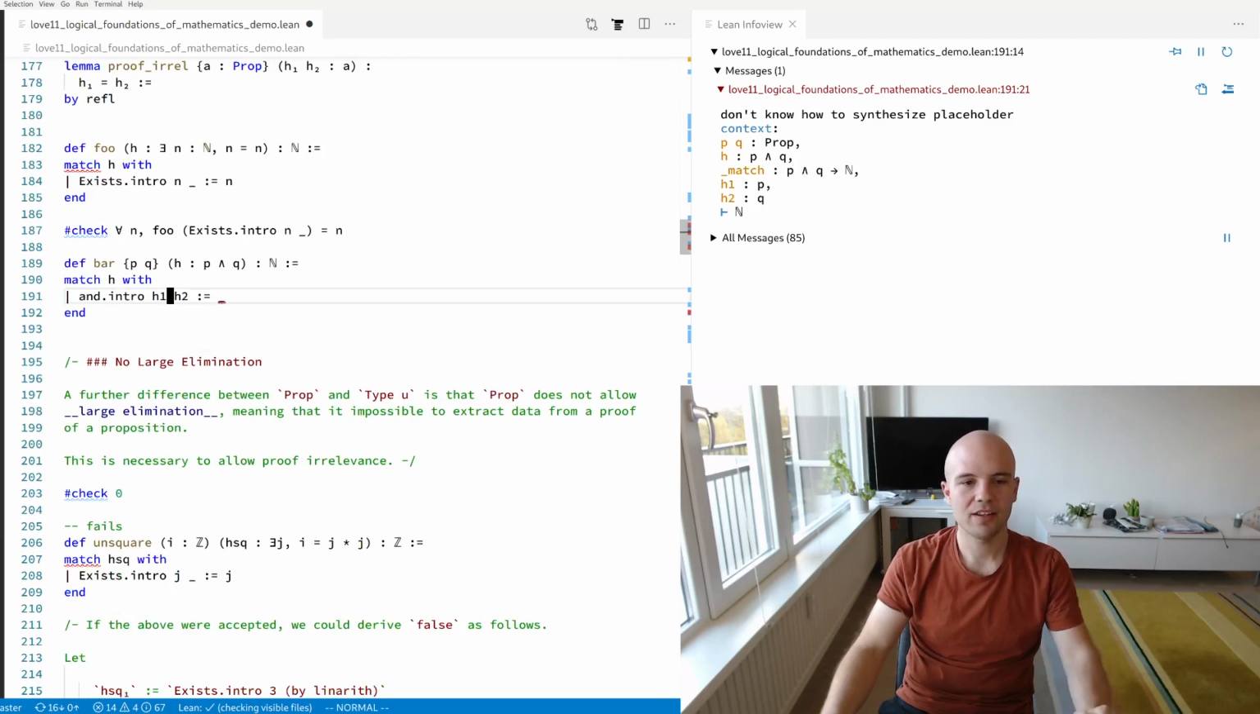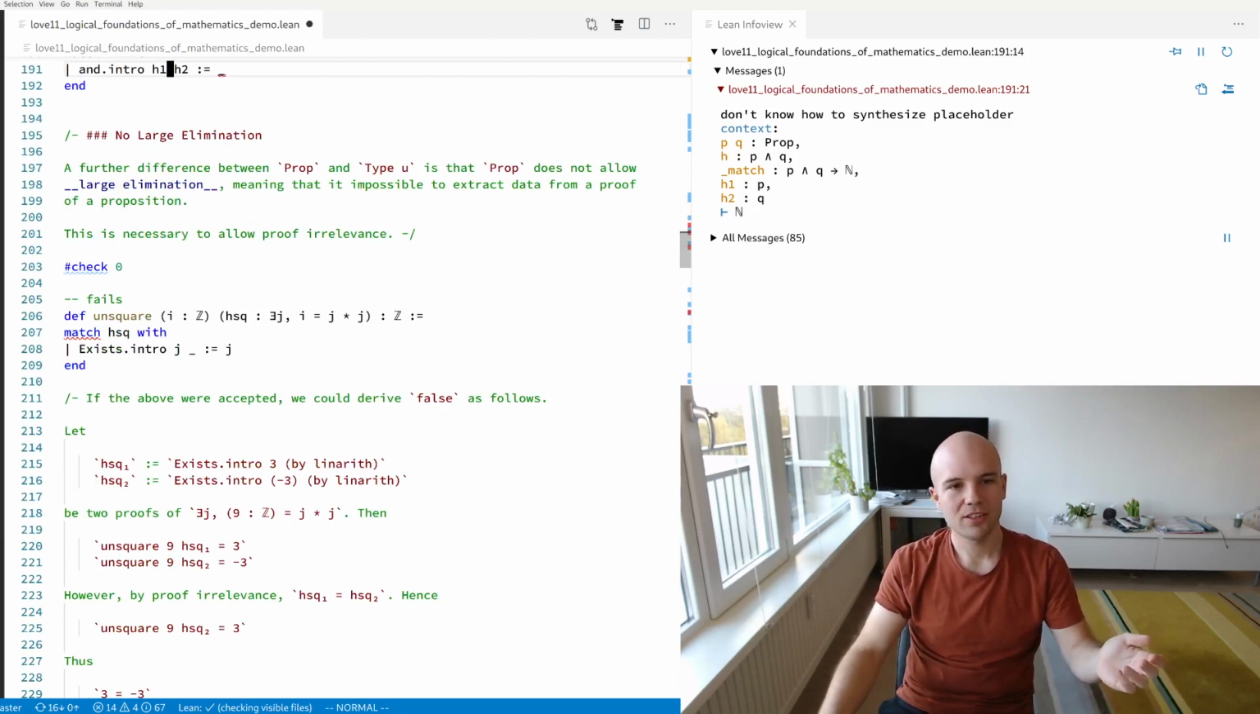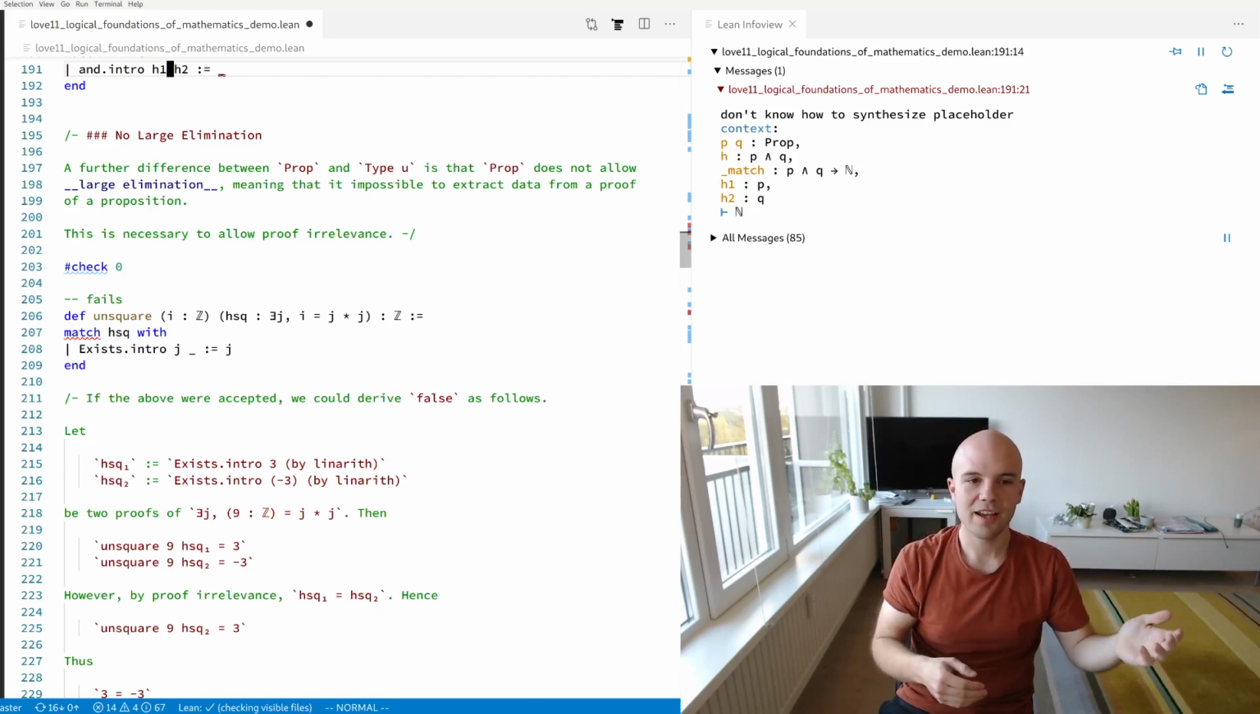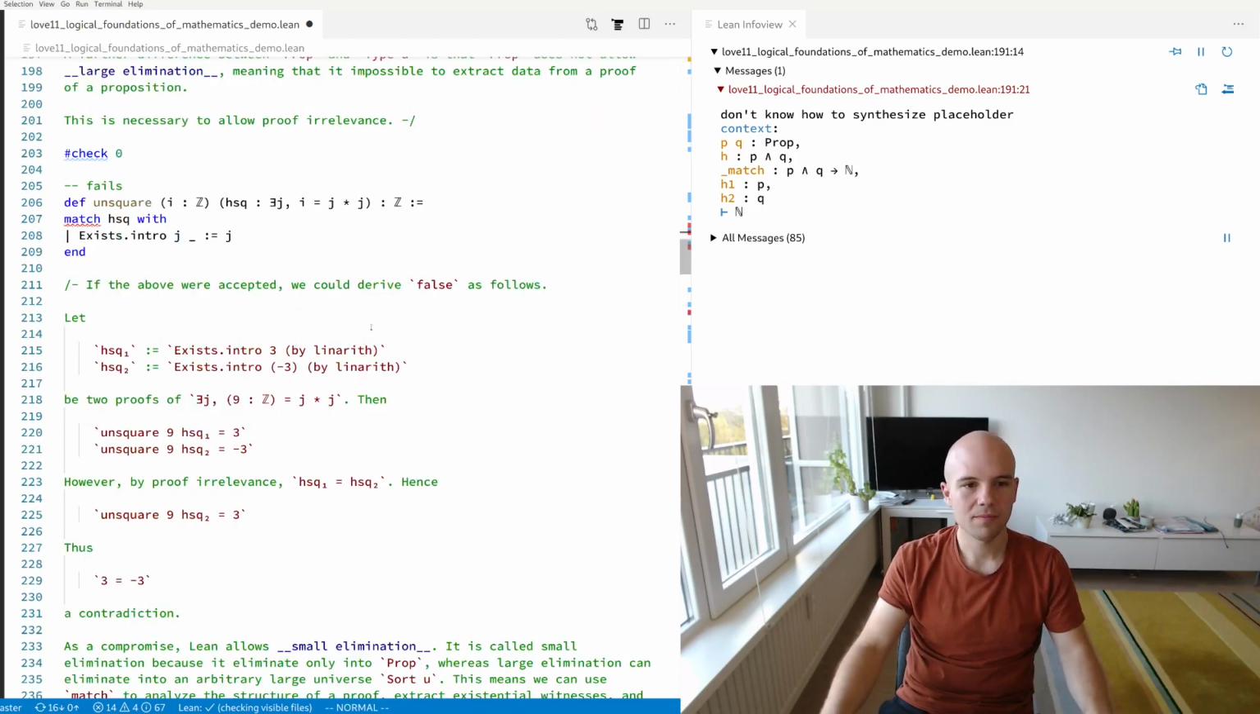So in the demo file, we have here a more elaborate example, which defines a function unsquare that, given an integer i that is square, which means that there exists a j such that i is j times j, then tries to return the j used to prove this. And then we have exactly the same contradiction here on a more real